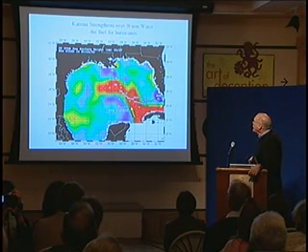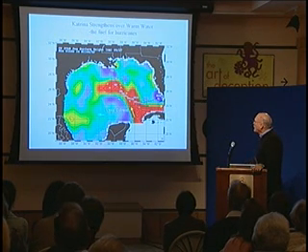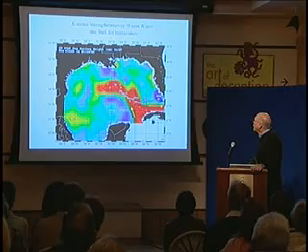Now, over much of the Gulf of Mexico, the temperature at the surface is approximately constant this time of year. But there's a relatively shallow layer of warm water over much of the Gulf, while the warm water in the loop current is much deeper. And this means that there is a lot more heat stored in the ocean under the loop current to fuel a hurricane. One of the things that hurricanes do is the wind generates waves, the waves break, they mix the surface layers of the ocean, and bring up cool water from below, and that can in fact quench the hurricane.